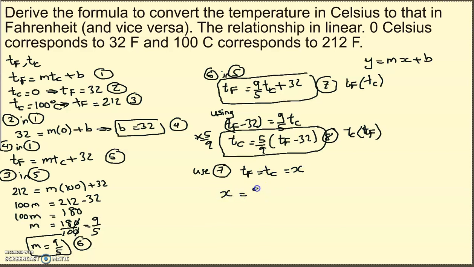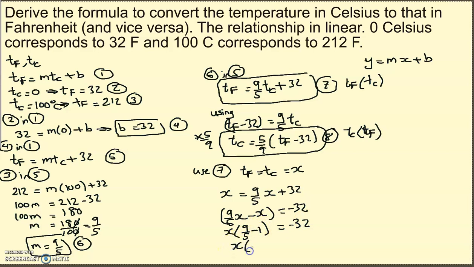So X equals 9/5 times X plus 32. So that's 9/5 X. So I'm moving that to the left-hand side, minus X equals minus 32. So essentially I moved 32 to the other side and moved X next to the 9/5. So we can take X as a common factor. So X times (9/5 minus 1) equals minus 32. So 9/5 minus 1 is essentially 4/5. So that gives us X times 4/5